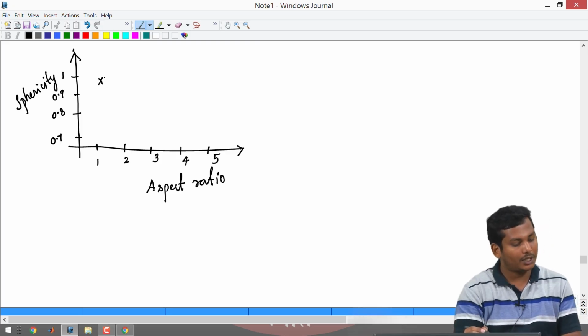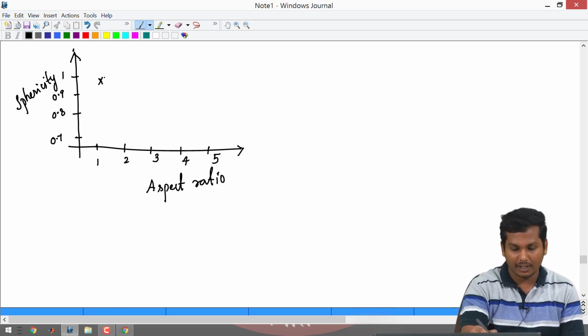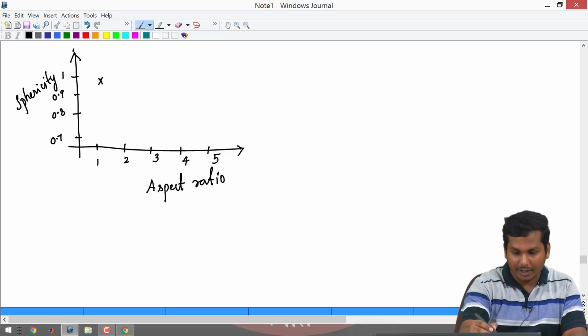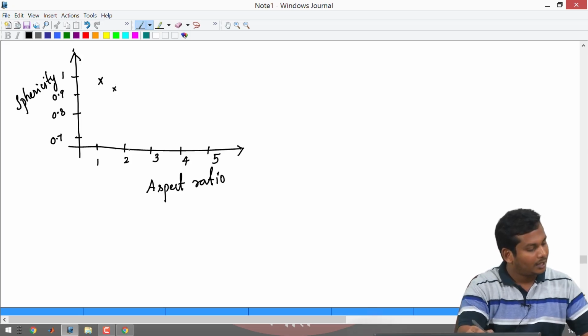And the next one we have the aspect ratio 1.7. So, there 1.7 and the value is 0.9397, we can take it as 0.94. So, which is around there, and then for the aspect ratio of 2.1, we have got the sphericity to be